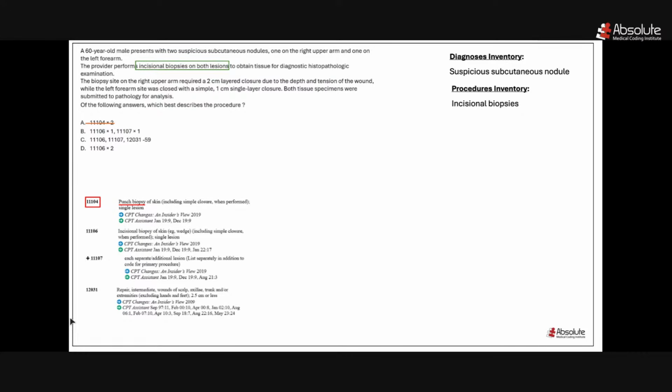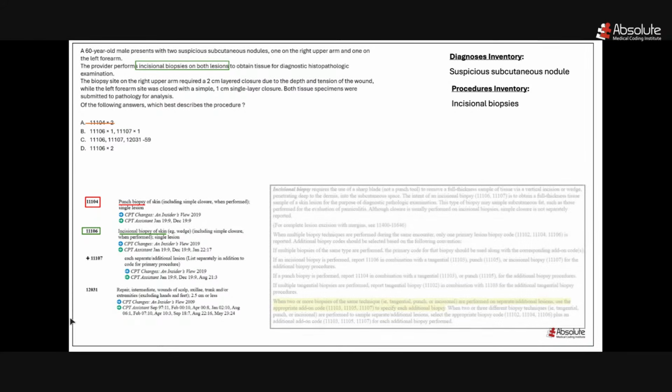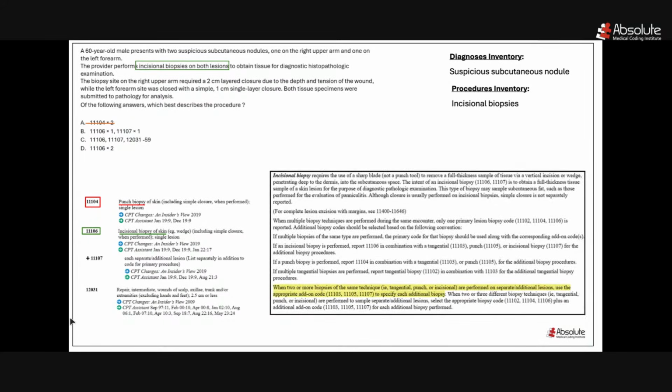Okay, now option D is coding for 11106, and 11106 is for an incisional biopsy of the skin, single lesion. Now, this is a good code, but it is only coding for a single lesion, right? And as per our guidelines, when two or more biopsies are performed, use the appropriate add-on codes here. First, we have to use the initial code for the lesion, and then you have to use the add-on code